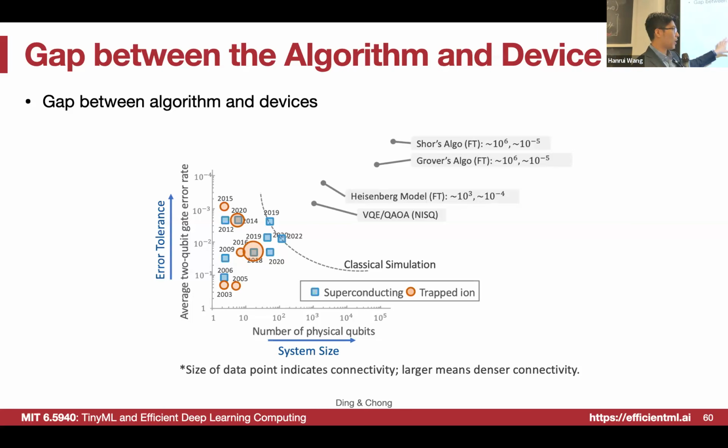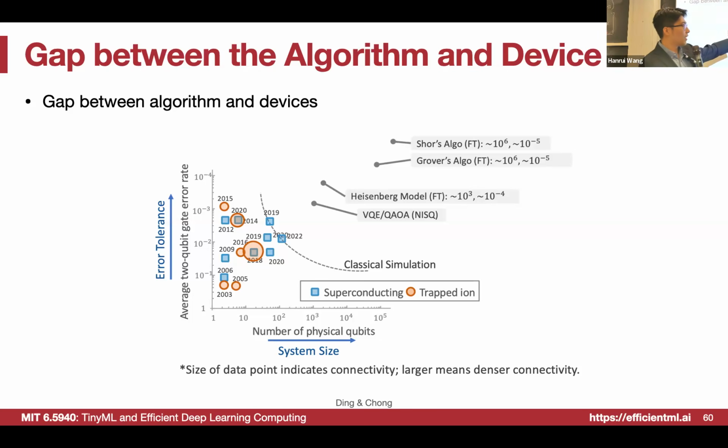So we improved by 2 or 3 orders of magnitude. And some of the recent devices from Trapped Ion, the best available machine, are around 10 to the power of -4. So that's where we are now. And also in terms of system size, we have been scaling from like 2 qubits to 1000 qubits in the recent several years.